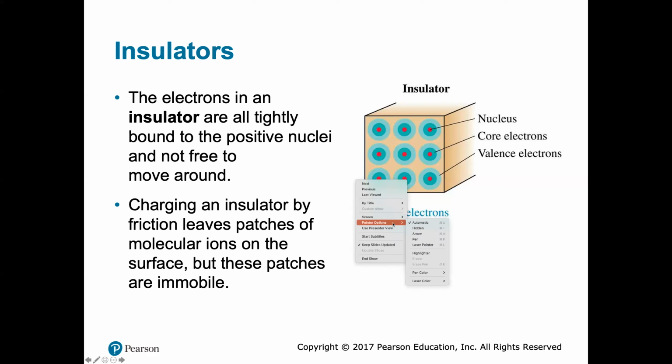Let me get my pen to make some pictures. Let's say this is the insulator, and you have nuclei and electrons. Those electrons are always tightly bound to the nucleus, so they cannot move freely. So by some reason, even if you break some molecules in the insulator, so that you get some, let's say, positively charged molecules at the surface,